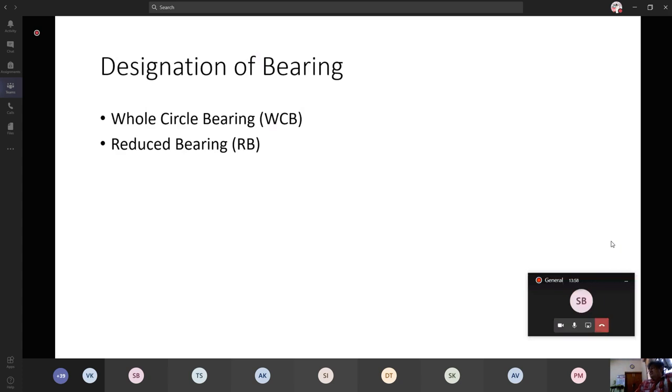Reduced bearing is not like that; you define the quadrants in which the line lies. So whether the proximity is to the north or to the south, to the east or the west, you have a reference. So you have 4 different quadrants: northeast, southeast, southwest and northwest. So for reduced bearing, it is with reference to the north or the south, with a proximity to the east or the west.